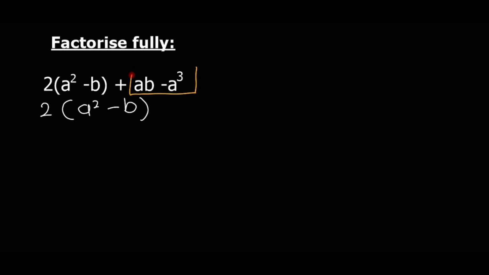but ge o ka lebelela on this term re na le a as a common factor because mo re na le 2 terms, re na le ab minus a cube. So re na le a at this term, and then ra ba le a at this term. So re ka kgona go tšea a as a common factor. This means re tlo ba le a, and then re tlo šala ka b, and then ra šala ka minus